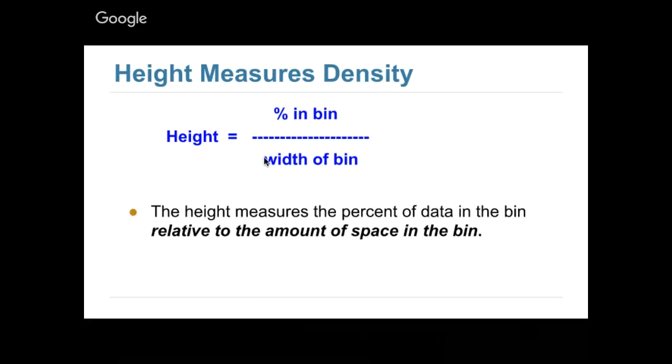And the height measures the percent of the data in the bin relative to the amount of space in the bin. Okay, so that strange looking expression there really just means if I have like 30 movies in my bin, and I stretch out my bin really far, like let's say I make my bin twice as long, right? If I have 30 movies before, and I make my bin twice as long, now my bin would be half as tall, right? And that's the behavior that we want,